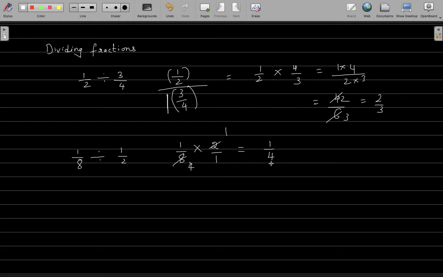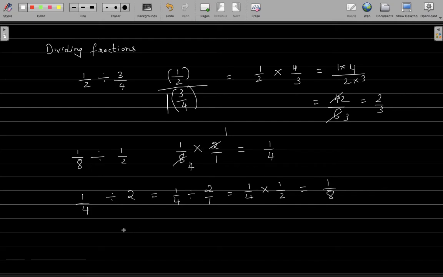You understand? Suppose I want to divide a fraction, say 1 by 4, by an integer, say 2. Now what are we going to do? We know that every integer can be written as a fraction. We can write this as 2 by 1, and now we convert the division sign to a multiplication sign and write the reciprocal of the second fraction. That will give you 1 by 8, because 1 into 1 is 1, 4 into 2 is 8. That should give you 1 by 8.